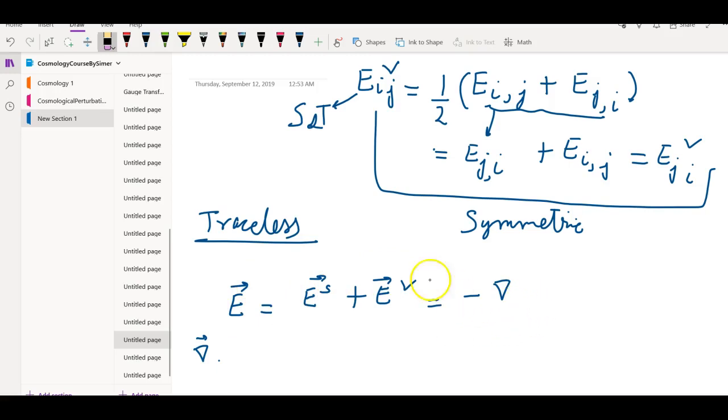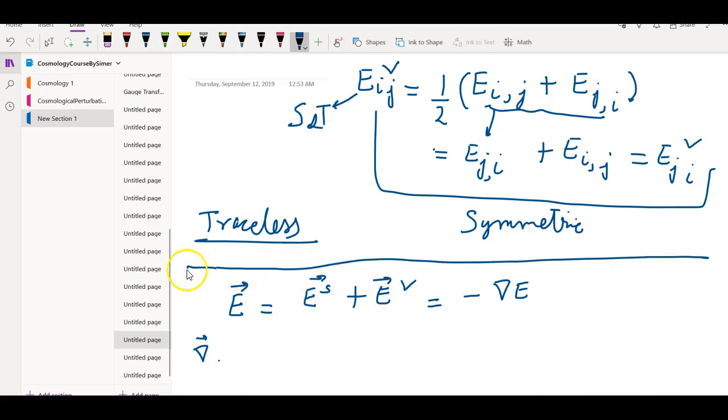What do you want me to write here? I can write E, maybe. Don't confuse this with the scalar E which we saw before. This is just a temporary explanation I'm going to give you for putting some constraint here in order to make this traceless. Now E is E_S plus E_V, decomposing E into two vectors, and let me call it E1 because we have already used E for scalar. So this is minus del E1 plus